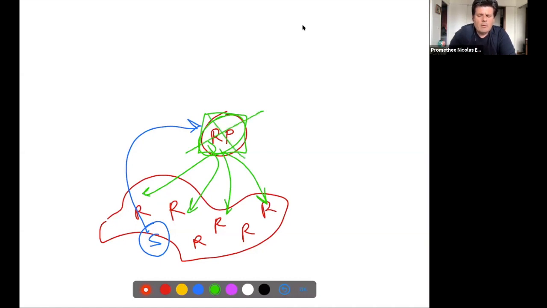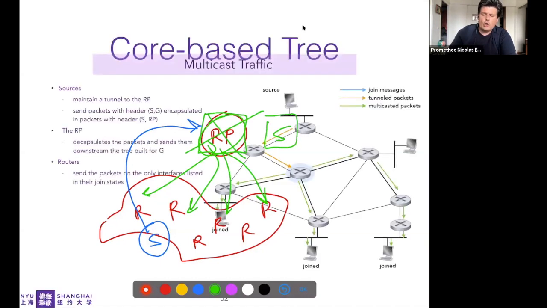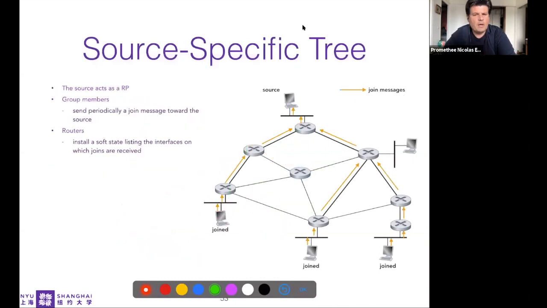Maybe that should be the source. And so that's the reason we introduced the source-specific tree. What it means is that now the join messages, as you may see, don't go to the ERP, but go straight to the source. And so I keep doing exactly the same as previously, but now when I install a state,